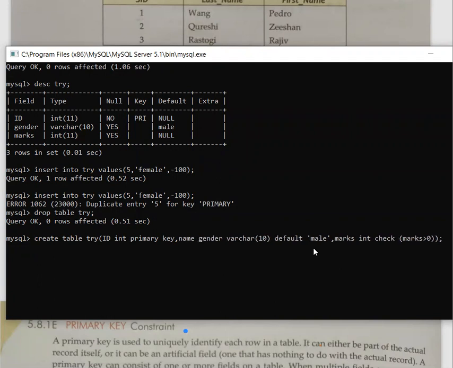And here I'm writing name, and for name I'm writing varchar, then within brackets 15, and here I'm writing unique. I'm removing all these other things because we have discussed them.